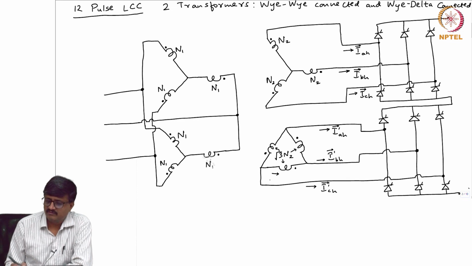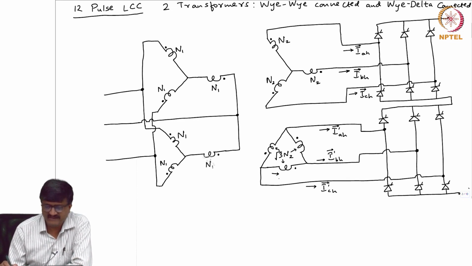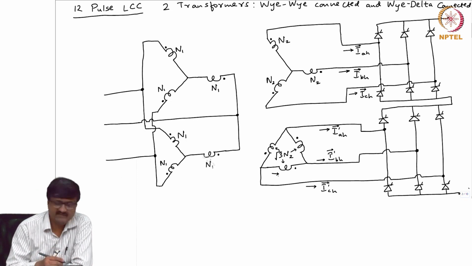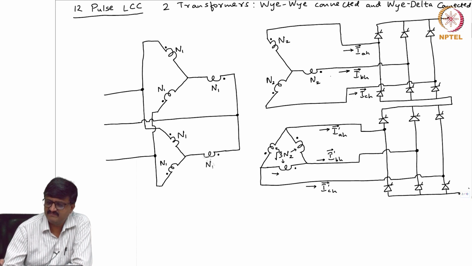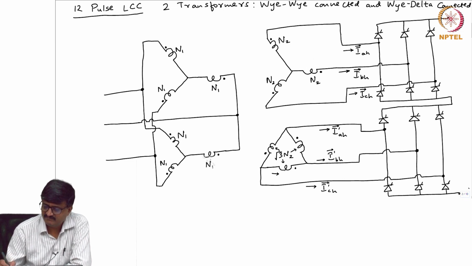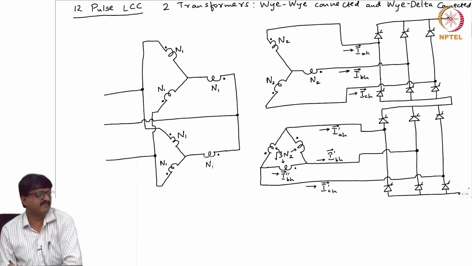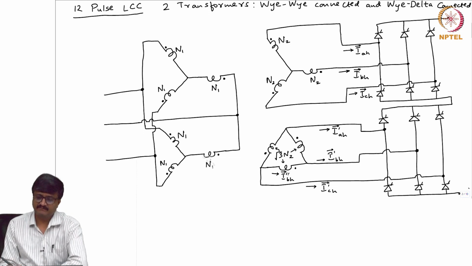Now, what will be this current? What subscript can I use, A, B or C? B. Please note, look at IBH, the current which is flowing through this. Okay. So, this winding is parallel to this. So, this is also B phase winding. So, whenever there is a B phase winding, I will use the subscript IBH. To differentiate between the other two currents, I use a double prime.